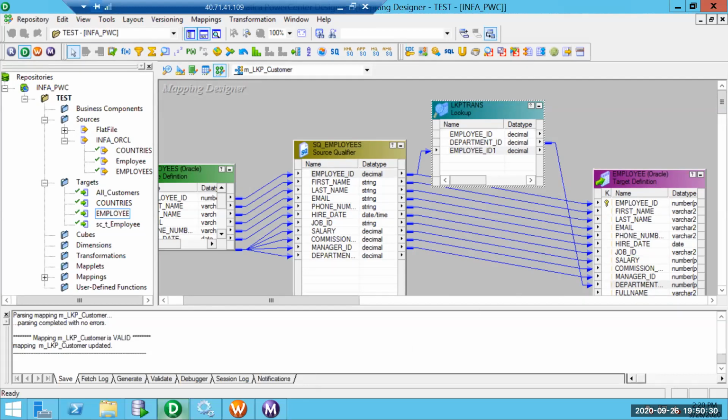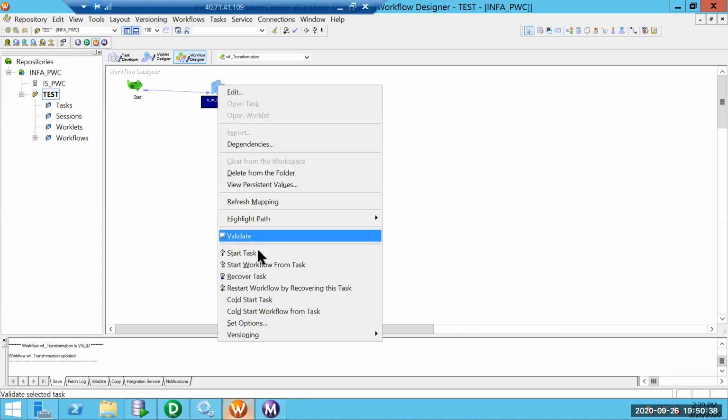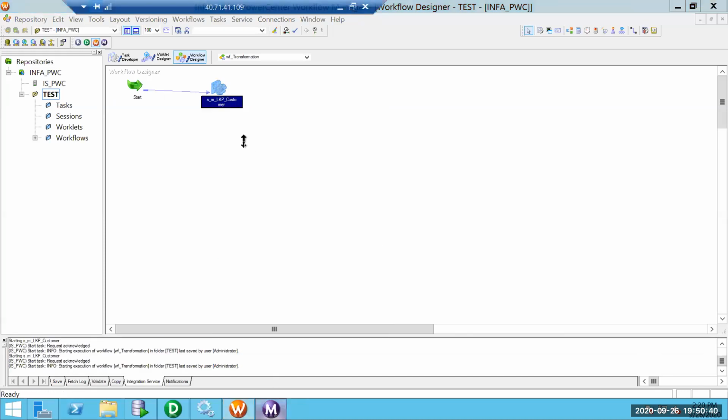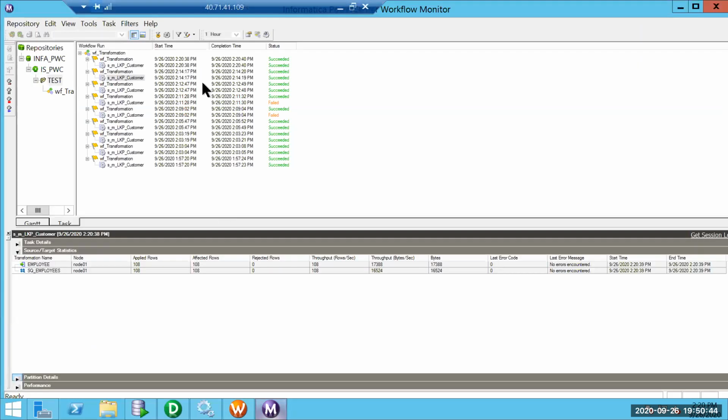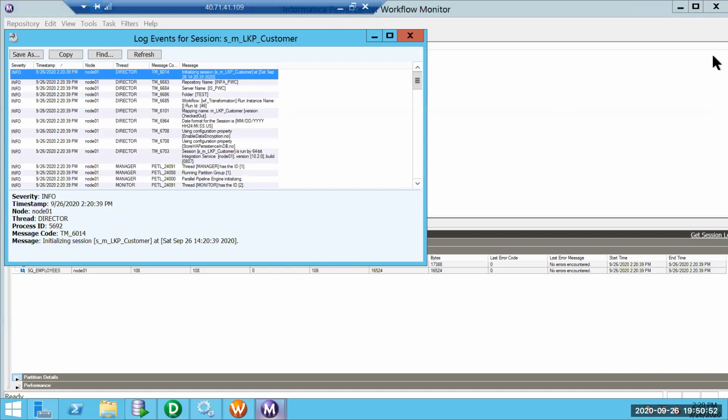I'll show you what is going to happen. This time we will not see any lookup cache, because we disabled the cache. Start task. It is running. We will not see much of a difference because the volume is low, 108 records. But if we look here, we don't see any lookup cache.